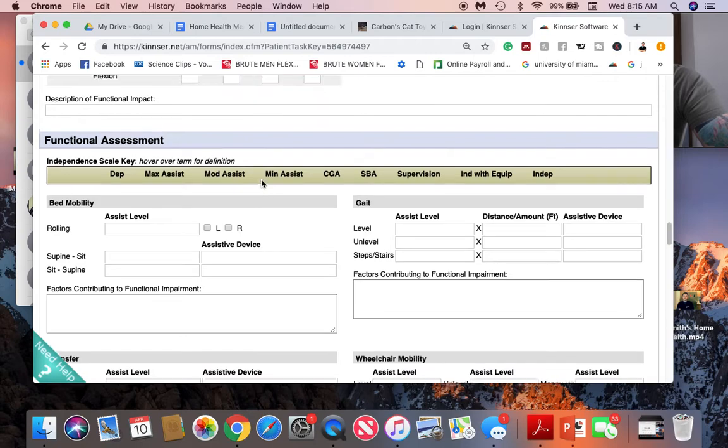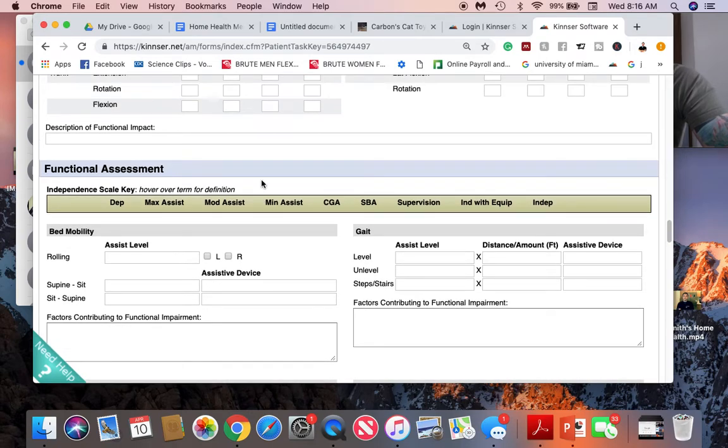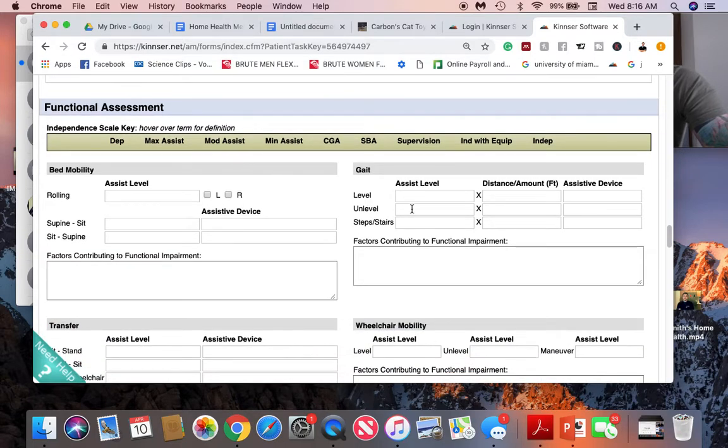You're going to assess bed mobility. Usually you can just ask them, do you have any trouble getting in and out of bed? And if you don't believe them, you can ask them to see it. The gait. You're going to want to do a TUG. So a TUG is going to be 30 feet. And if it's greater than 30 seconds in home, their risk for falls, less than 30 seconds, not a fall